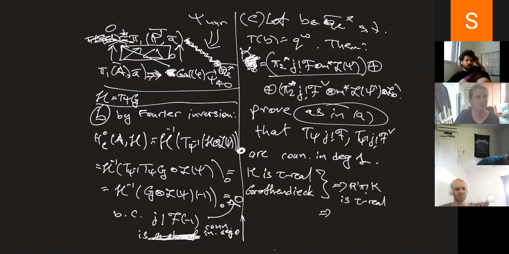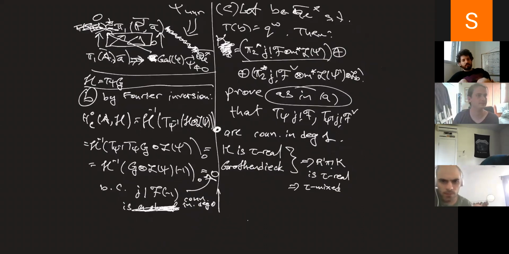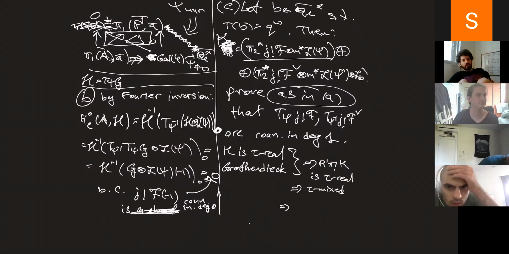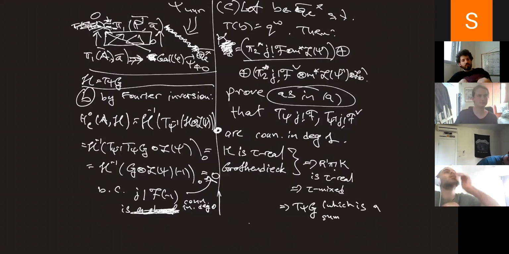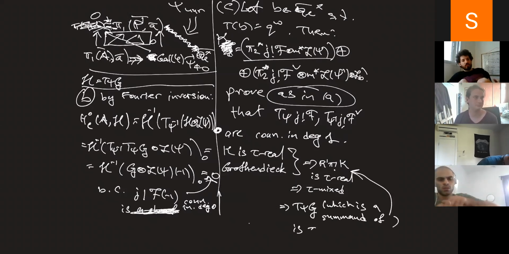So it's tau mixed. So the Fourier transform of G, which is a summand, is also tau mixed. So just to orient everyone, the thing that this arrow, that if K is tau real